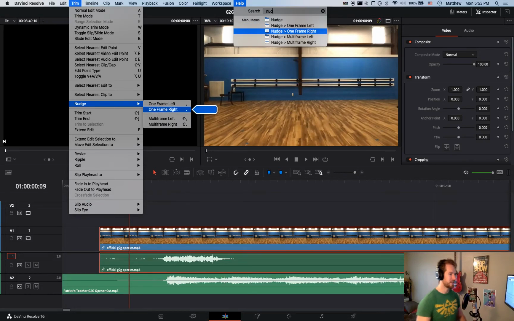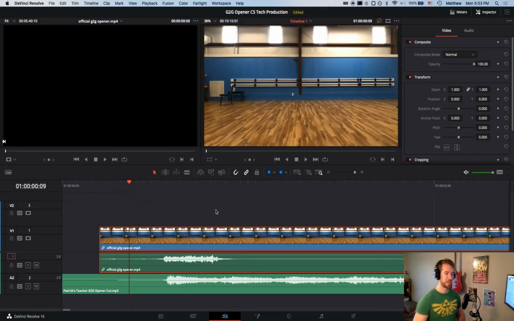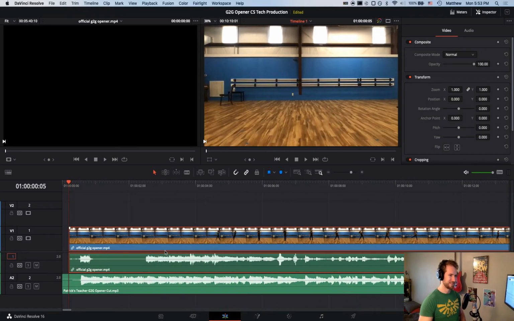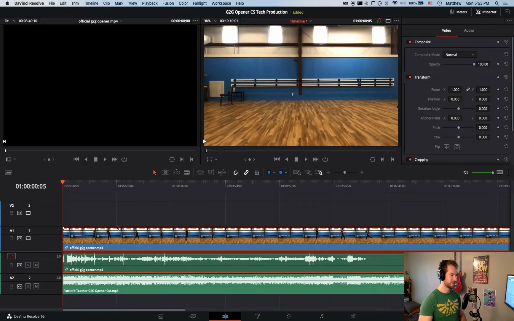Okay, period and comma. So this is something that when you're making really fine adjustments, nudging one way or the other can be really, really helpful. You can move it frame by frame instead of second by second or larger amounts of time. So using period and comma, that wasn't period, I can nudge this. Really? That was a frame? Wow. Okay. Guess it's just going to be like half a frame out of place then. Fine. So, I'm going to scoot this back out. And let's see how this